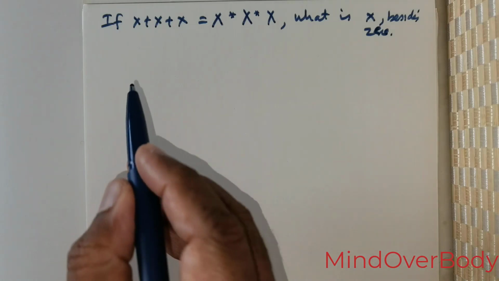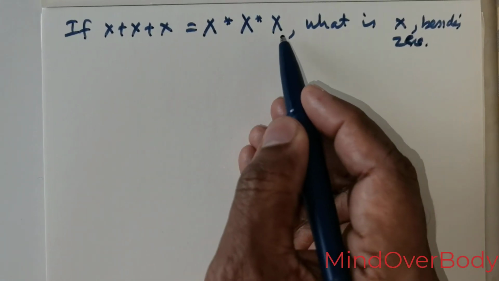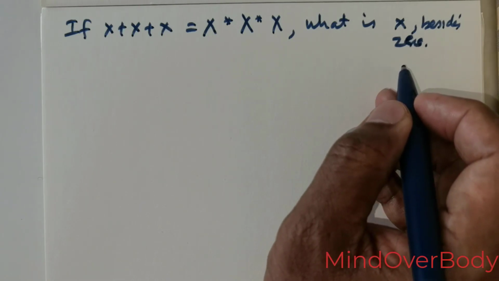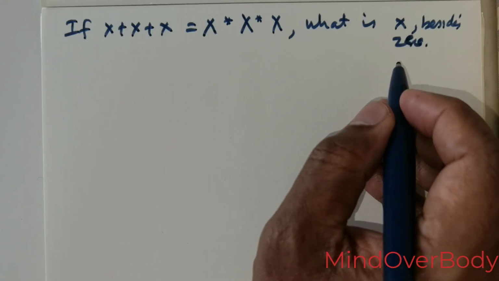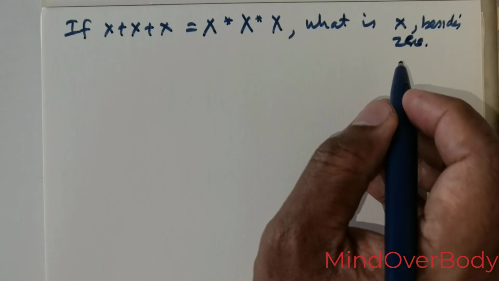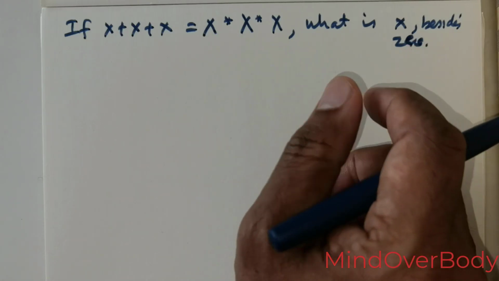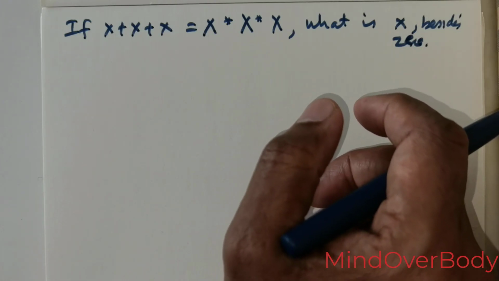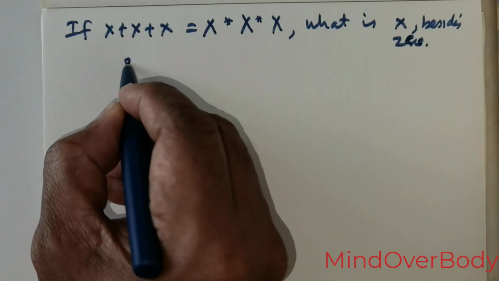Welcome students, we are given this question: if x positive x is equal to x times x, what is x besides 0? Now, there are many ways to approach the solution for this question, but there is just one way that would be considered the right way, provided we reach that particular junction, or that particular important point is attained. Because most of the time what people will do here is they will start off by